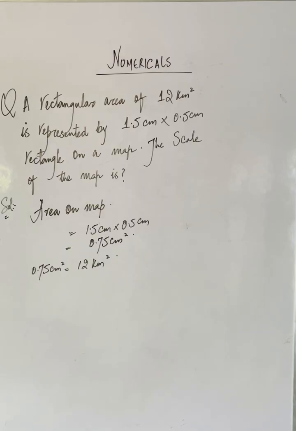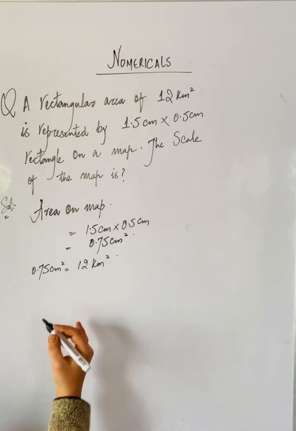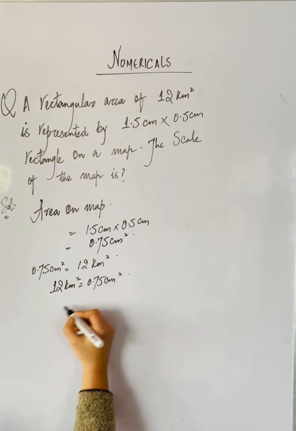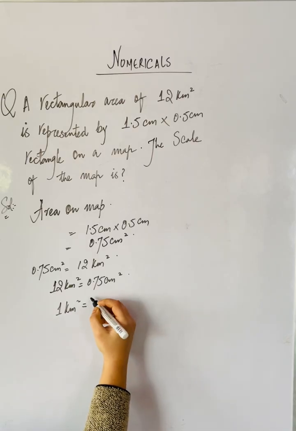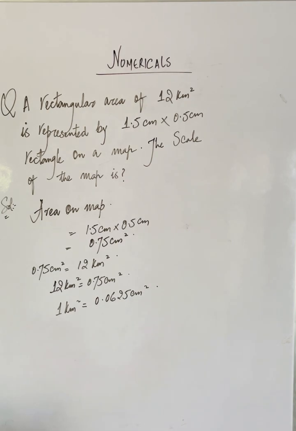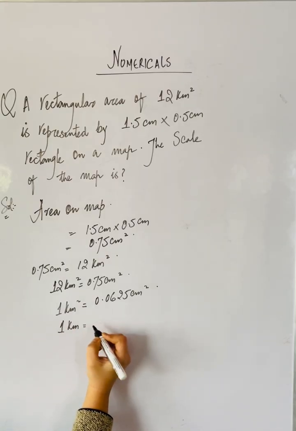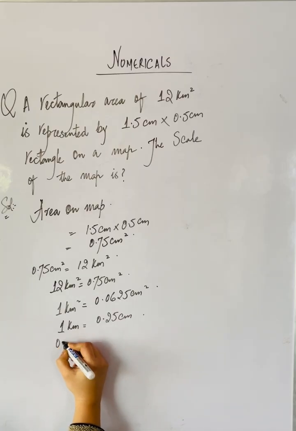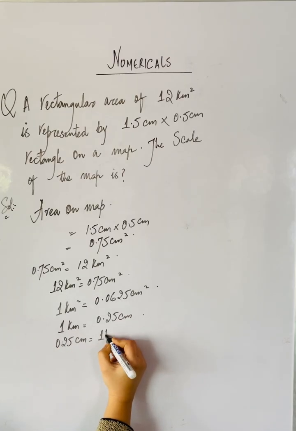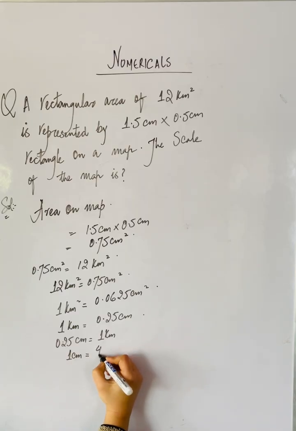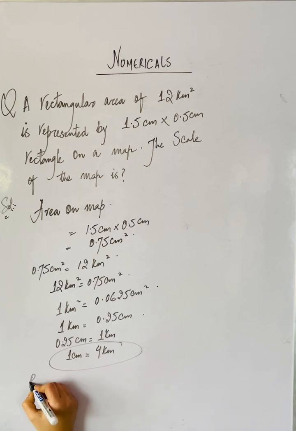So 1 kilometer square will represent how much? 12 kilometers square, right? 1 kilometer square is equal to how much? Right? That means 1 kilometer is equal to, if we take square root on both sides, right? That means every 0.25 centimeters on the map represents 1 kilometer on the ground, or I may say 1 centimeter represents how many kilometers? 4 kilometers. This is my scale, and if I have to represent it as a representative fraction, it will be equivalent to 1 by